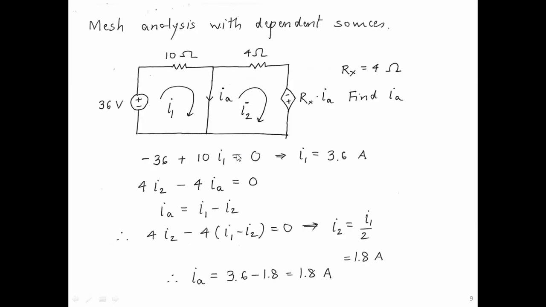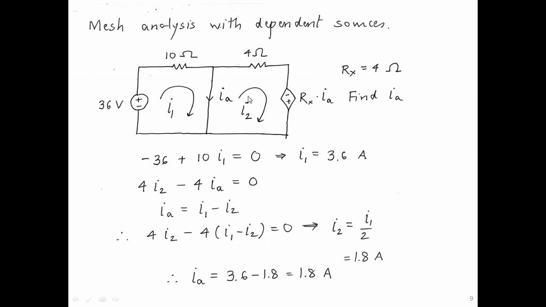Okay, let's look at a circuit with dependent sources. It's a very simple circuit, but it looks a little tricky. Let us see how to solve this. So we have two meshes. Actually, this is just a short circuit. So it's weird in that sense, but that's okay. The reason this short circuit is important is that this current IA is the current determining this dependent voltage source. So the value of this voltage source is given to us as Rx times IA. IA is this current, and we are given Rx to be 4 ohms.